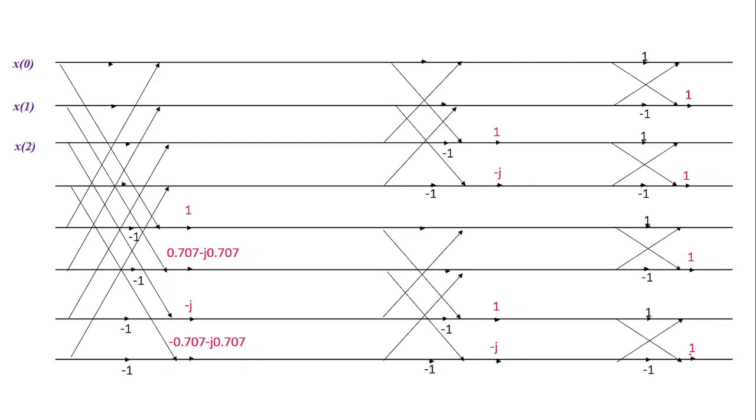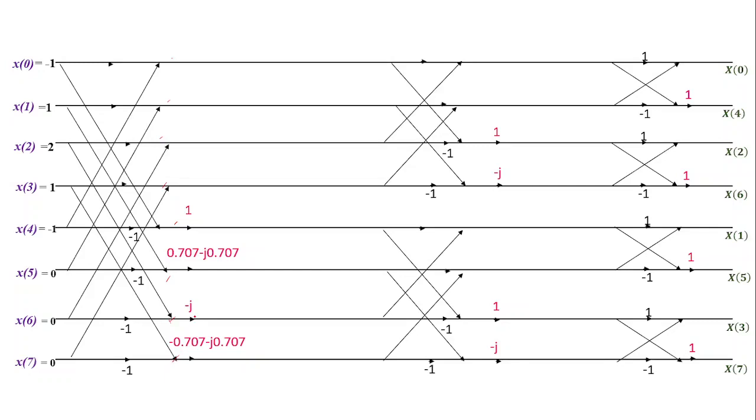Your input will be in the normal order x of 0 to x of 7, but output will be in the bit reverse order as 0, 4, 2, 6, 1, 5, 3, 7. So we are going to take your input as such: -1, 1, 2, 1, -1, 0, 0, 0. So here as you know it very well, this and this point is going to be the pair, this and this point is going to be the pair, this and this point is going to be the pair, and then this and this point is going to be the pair.